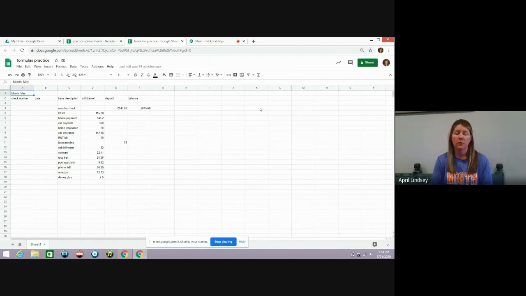This could be used for maybe keeping up with your money. If you have a checking account, this is a great way to help keep up with your money and how much you're spending and where it's going and your balance. So I've put my month. I've got some categories going across the top. I have some payment options and even a deposit here that I'm going to show you how to do. I've got some money